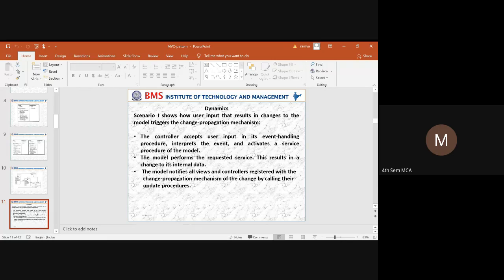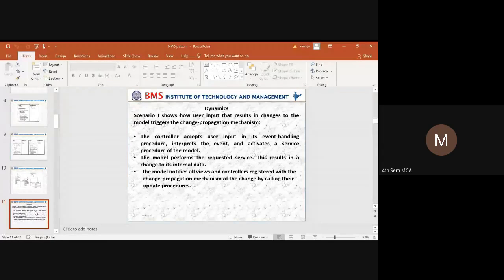So here, we are going to consider two scenarios. Whatever the change propagation mechanism is, it will be considered through the triggering of a particular event. When the event happens, there are changes inside the application.